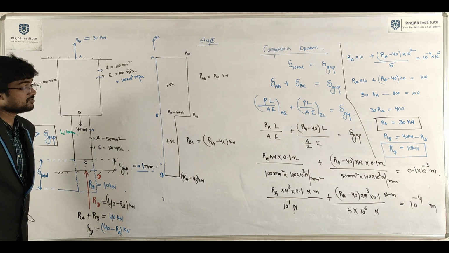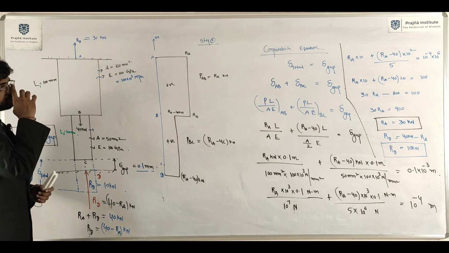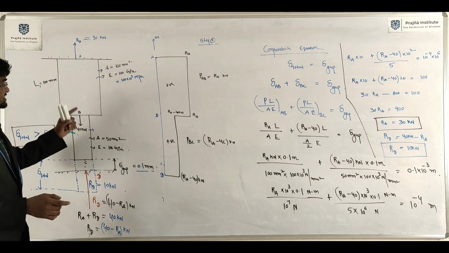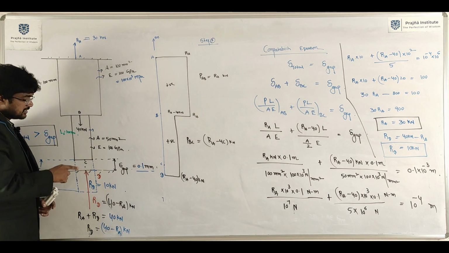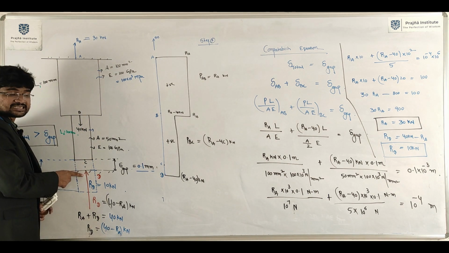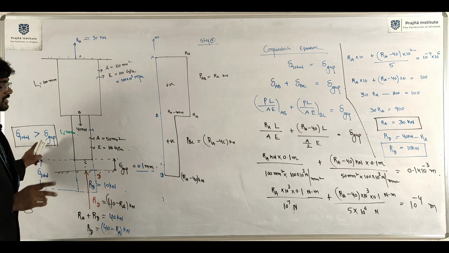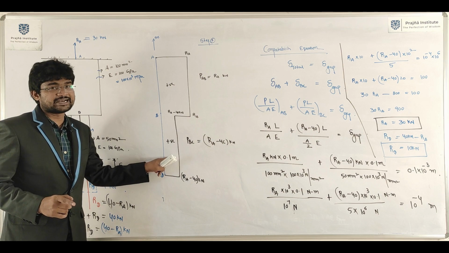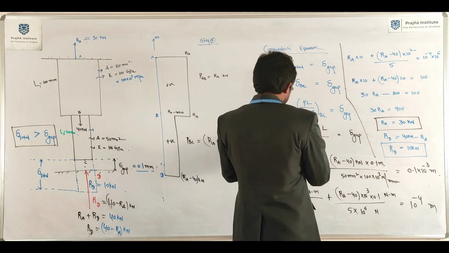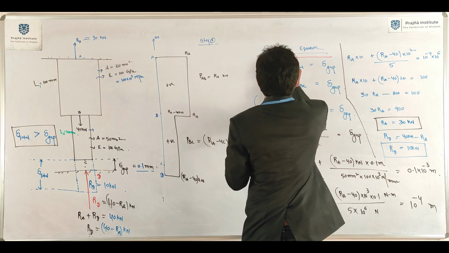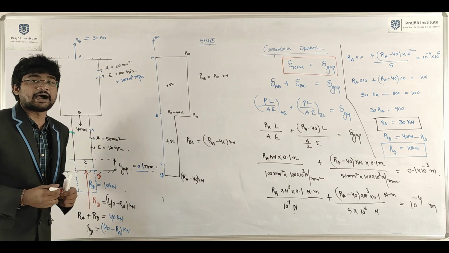So you will get this type of questions in GATE and other competitive exams. So first follow the steps. First determine total deformation, so whether C point will touch D point or not. Check the condition. After that, draw pseudo axial loading diagram. Then apply compatibility equation. Here the compatibility equation is delta total equal to delta gap.